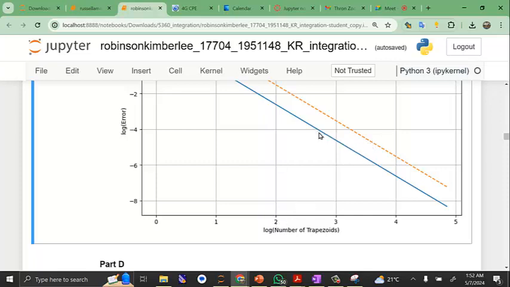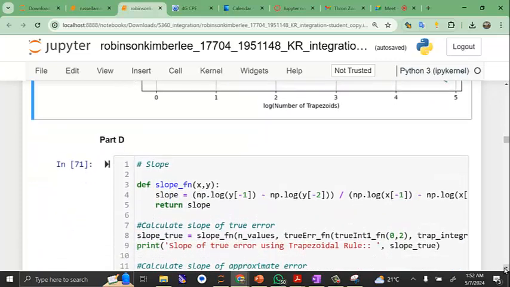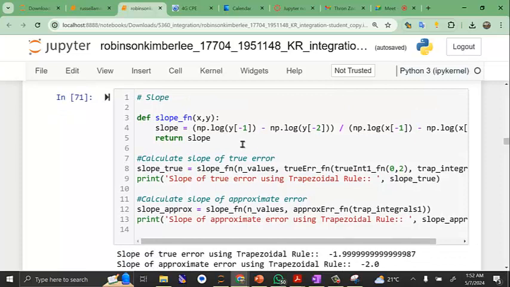Okay, so that's pretty much what this tells me. So let's see how you compute the slope. All right, now if you see the way the slope is computed here, I mentioned before that in this kind of situation, to compute the slope, it's best to take the last 2 points in your series, because the error in the error is also decreasing relative to the error. So here we're taking the last 2 points in the series, the last 2 points of y, last 2 points of x, and you can see that you get very, very close to -2